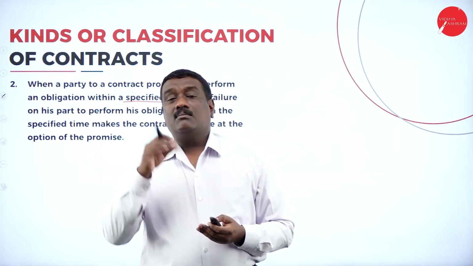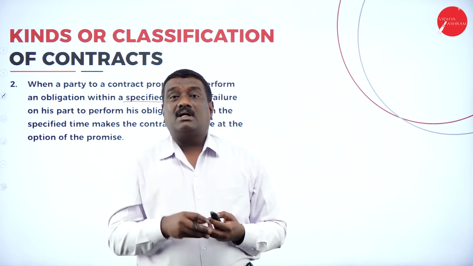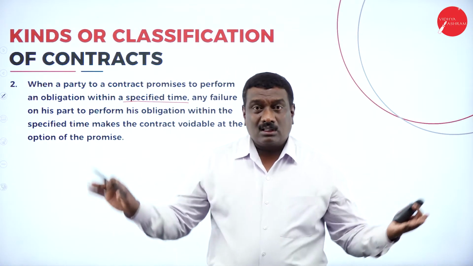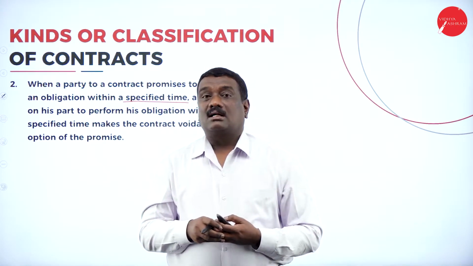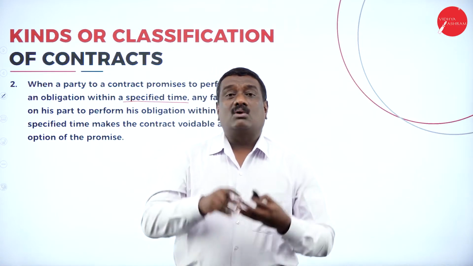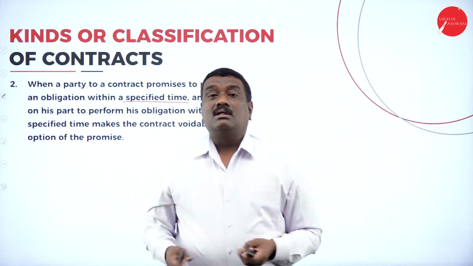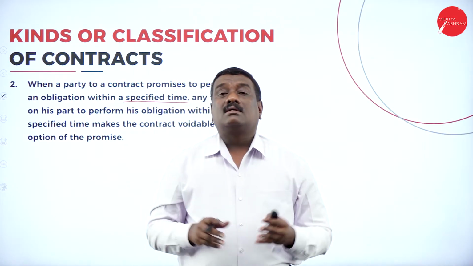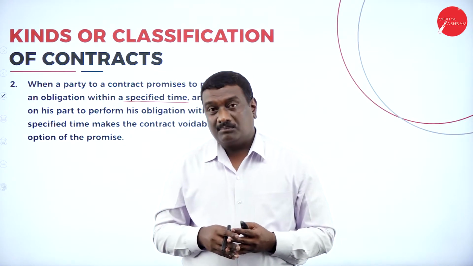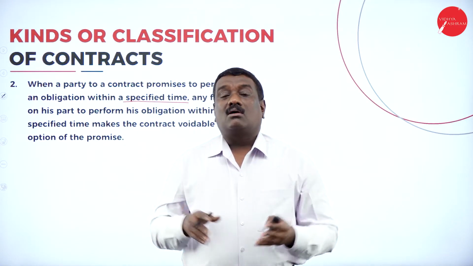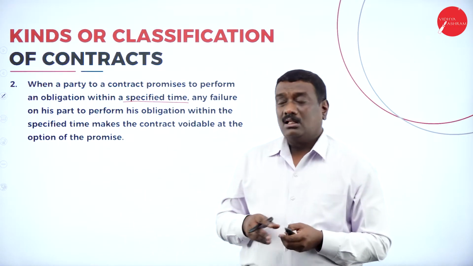Now for example, I told you that I am calling a painter to paint my house, and I tell him that within 1 week you should complete all the painting work of my house. The person agrees at the time of contract and says, okay sir, I am ready to paint your house. But later on, he does not complete that particular work or the obligation given by me to him. In that case, his contract will be voidable. So we can say that particular contract is a voidable contract.